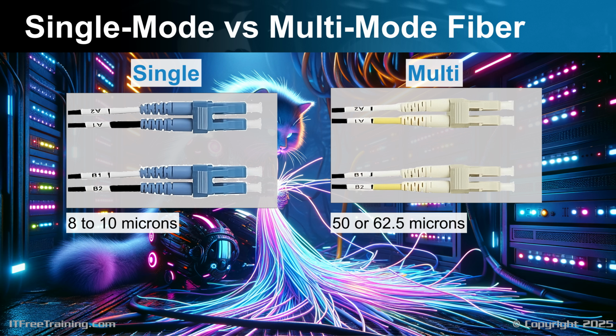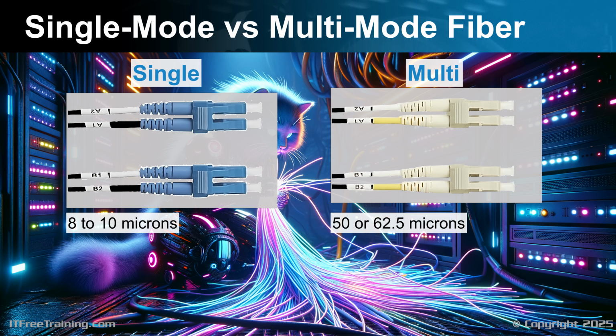This streamlined path is why it's called single-mode, as the light effectively travels in a more singular path. On the other hand, the broader core of multi-mode fiber allows light to reflect and bounce at various angles. This variance causes the light to travel at slightly different angles and arrive at the destination at slightly different times, creating multiple paths or modes of light. Hence it's termed multi-mode to reflect the multiple paths the light can take within the fiber.